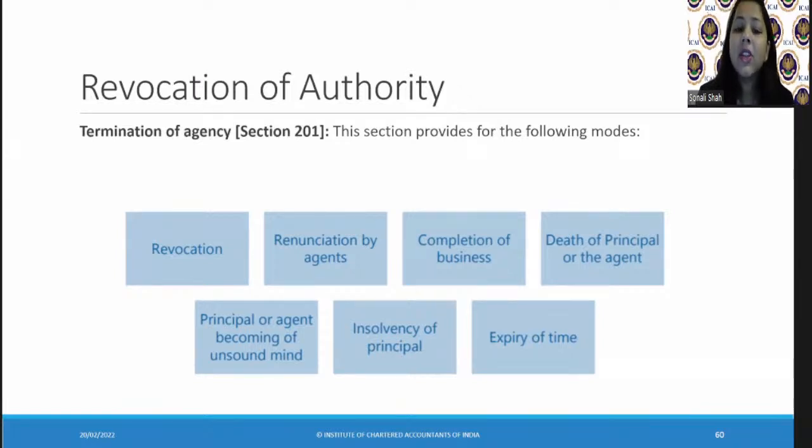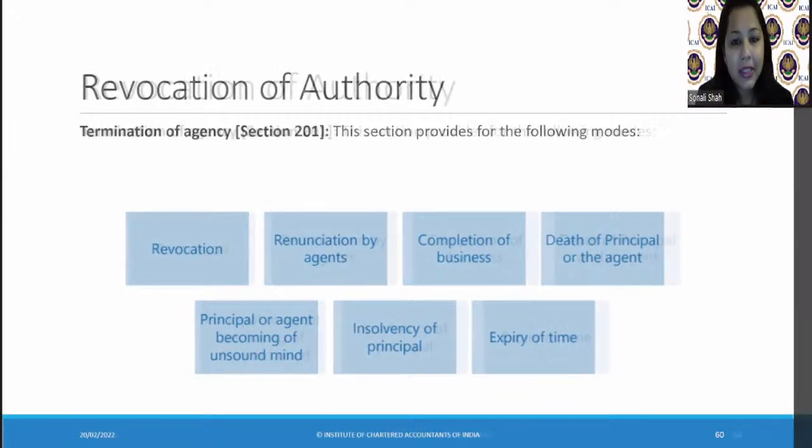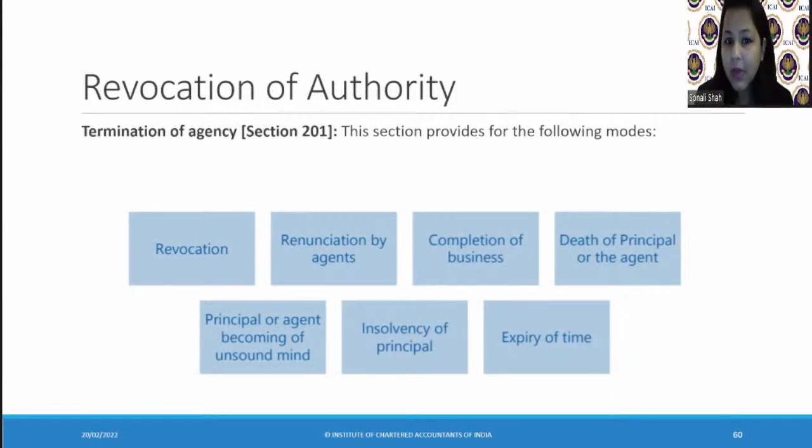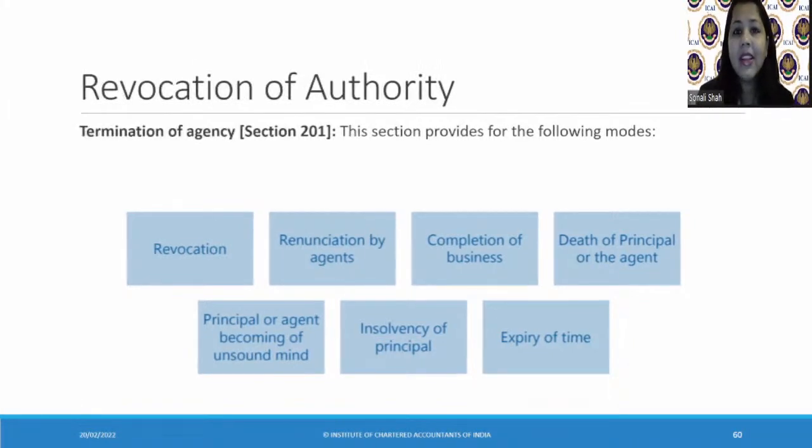Even though there is no direct privity of contract between the principal and the third party, because the work has been done by the agent who is authorized, an indirect privity of contract is established. Now, is there a situation where the authority could not be revoked? What are those provisions under which an agency